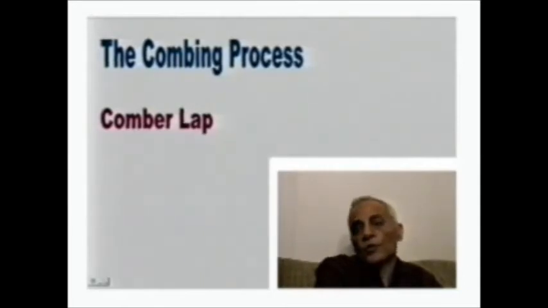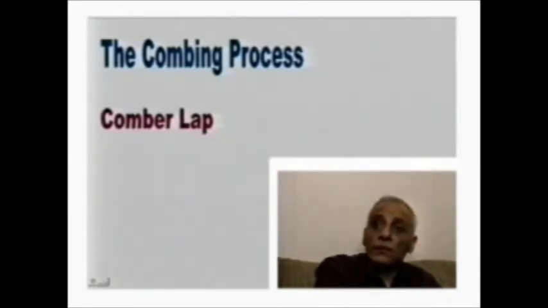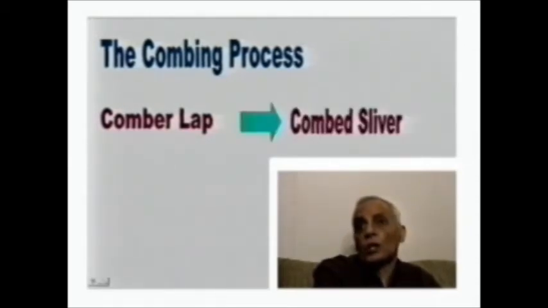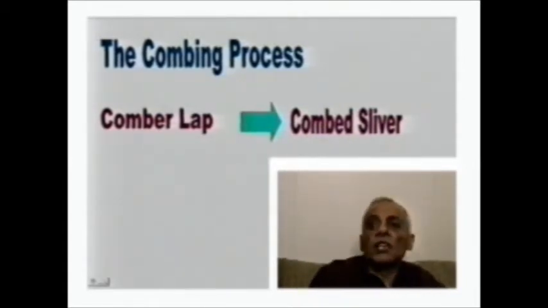Now we move to the combing process. The comber lab that we discussed, its features, is the material, or the intermediate strand, the two-dimensional strand, that is fed to the combing process to make the combed sliver. So the combing process objective would be to convert the comber lab into a combed sliver of high